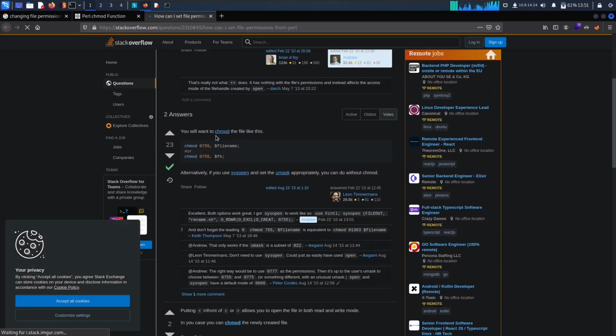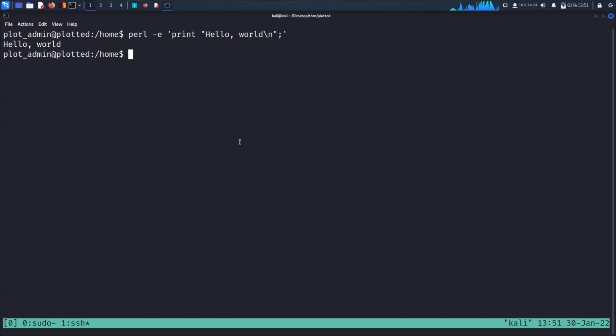Always gives you the right answer. And here you can see it says we want to use chmod. It says chmod 0755 and then file name. Let's see if this works or not. So I'm gonna say perl -e, then inverted commas, specify chmod, and instead of 0755 I'll say 0777 to give permissions to every user of read, write, execute. And instead of file name,